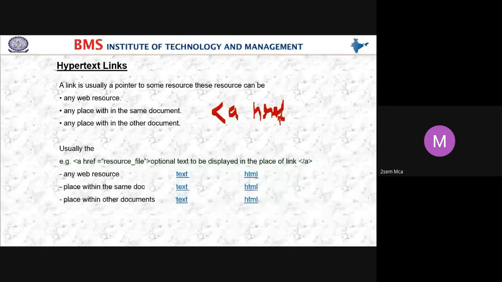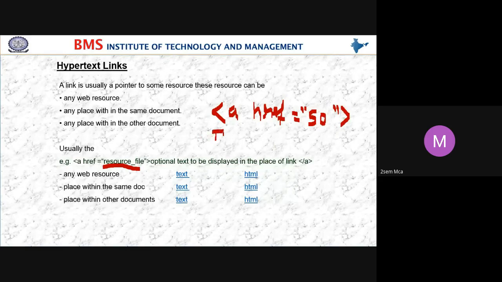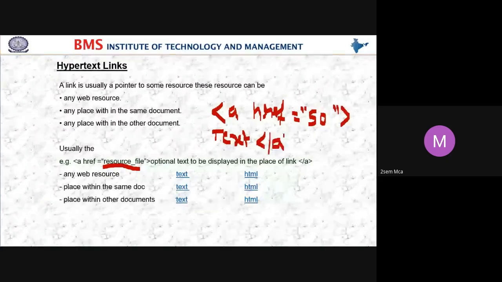is equal to the source file, close, and next close, and the text to be visible, text, and the closing of the anchor tag or closing of the hyperlink tag.